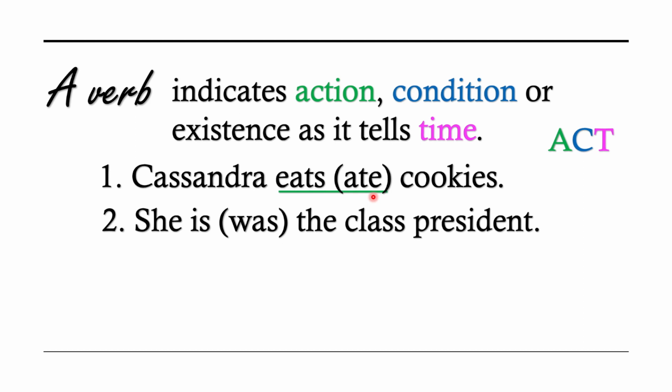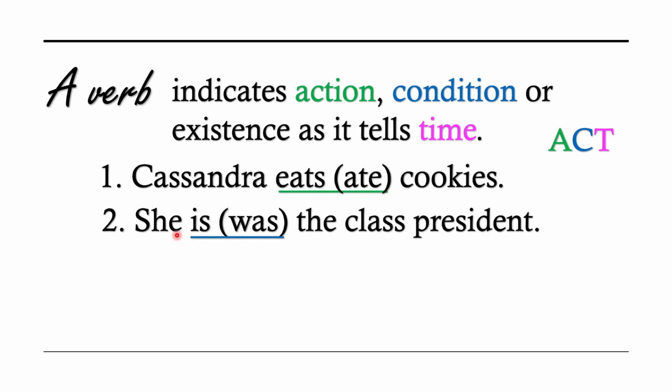Let's take a look at sentence 2. She is the class president. Is here is the verb, or was, if we're going to have the second sentence later. So does is tell action? No, it tells a condition. It tells a condition because is a verb but not an action verb. It does not tell an action, rather it tells a condition. And of course, since we have is, she is the class president, so it tells time. It's now. For example, this first semester or school year